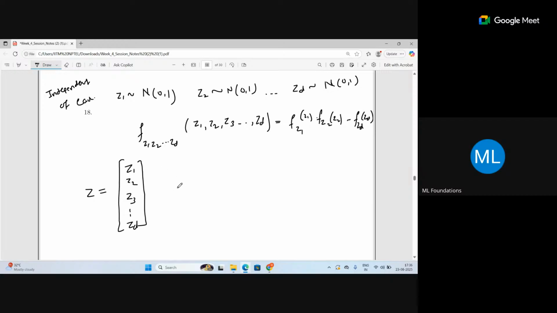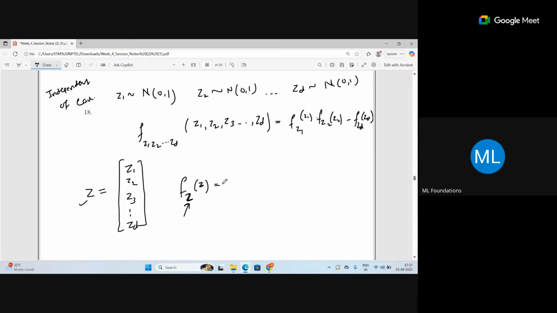And now you write down their joint densities. What do you think their joint density is? So when I write like this, f z of z, what does that mean? This z belongs to what? This vector, right? So I'm actually referring to this vector. So f z of z means the joint density of all of these random variables which are actually inside this vector.